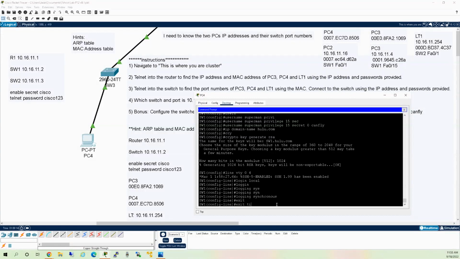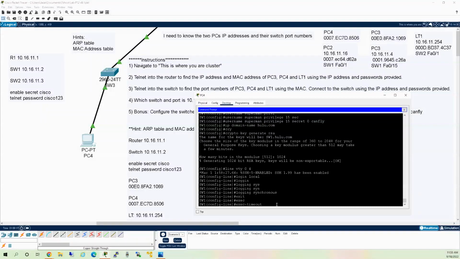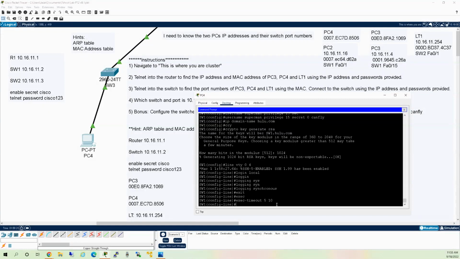Exec timeout of 5 minutes and 10 seconds. After 5 minutes and 10 seconds, just like your phone or any security mobile device, it times out and it'll ask you for the password again. So exec timeout. All right. I'm being an overachiever. And so login local, which means use the username I created, Superman. And now